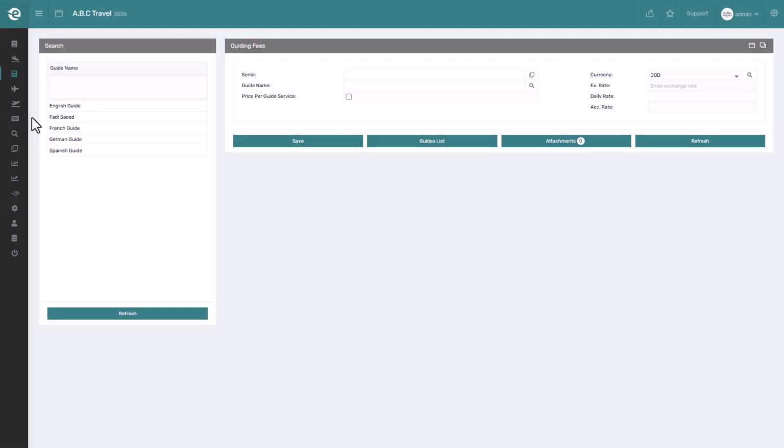Here we arrive at the Guides Rates screen. On the left-hand side panel, you can search and select any guide account in the system. It is important to note that you cannot create a new guide here. Guide accounts must already exist in the system. If you would like to know how to create guide accounts, please refer to the playlist, Phase 1, Part 2,